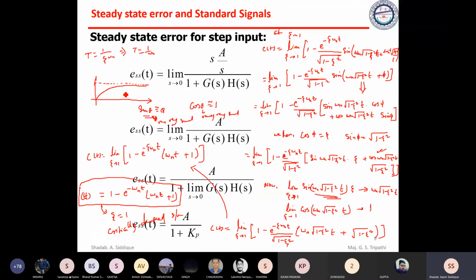That is for a unit step input, of course. You just go through this, and I hope this is clear. We went through 1 minus zeta square. We have not directly substituted, because if you substitute directly, this will become infinity. So we went through how we can cancel the square root of 1 minus zeta square. After substituting all the terms, this is cancelled with the term under the square root of 1 minus zeta square. I hope this is clear.